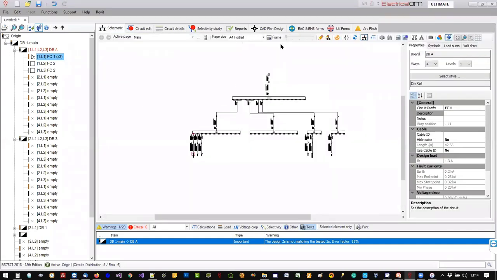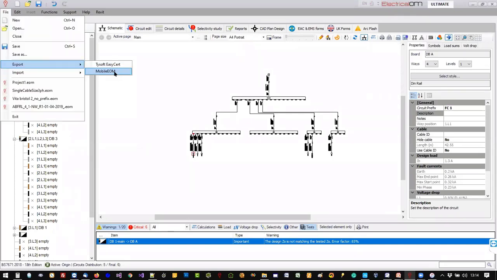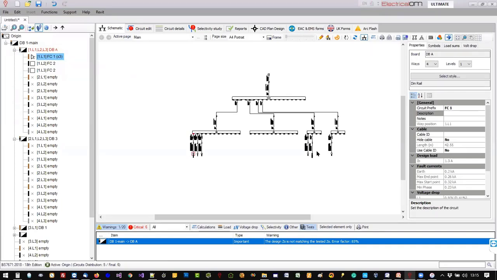Because eventually the whole thing can be exported. You can export that to MobileEOM, as we have shown in previous videos or webinars. So you can export everything to MobileEOM. So you can use this as a reference to go and retest